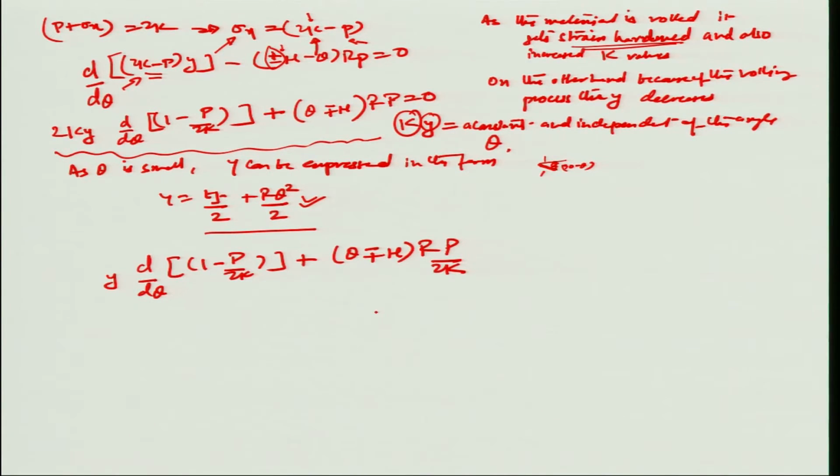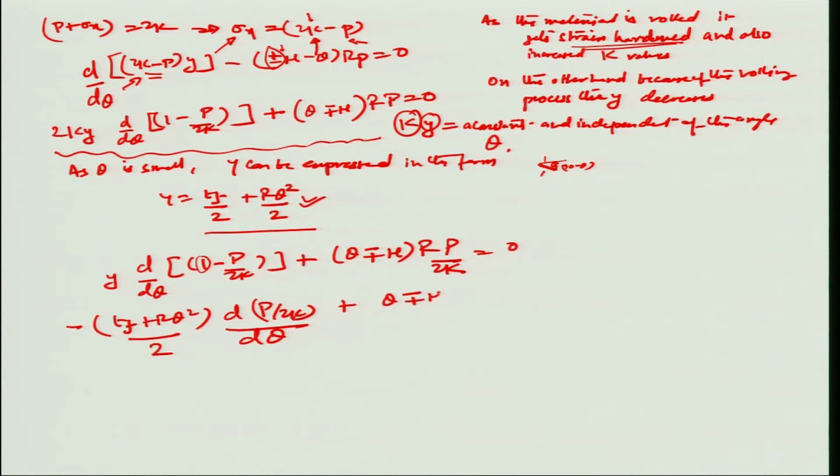I am dividing the whole expression by 2k equals 0, or if I put the value of y here as Tf plus r theta square, and obviously d by d theta of 1 is 0, so I can have this as minus of dp by 2k d theta, and this divided by 2 plus theta minus plus mu r p by 2k equal